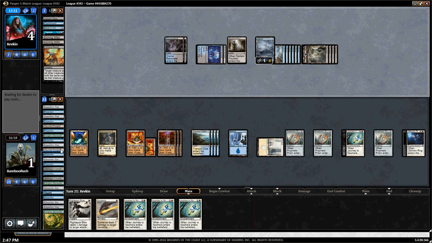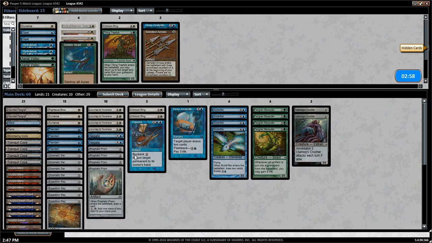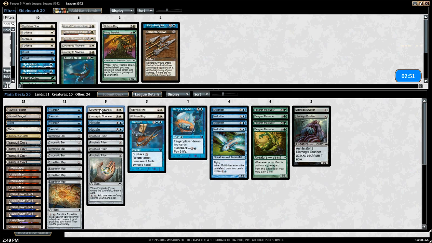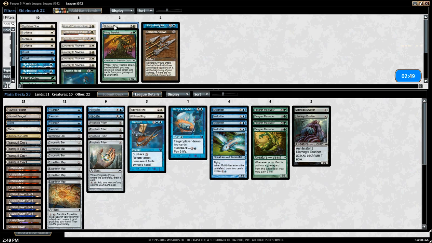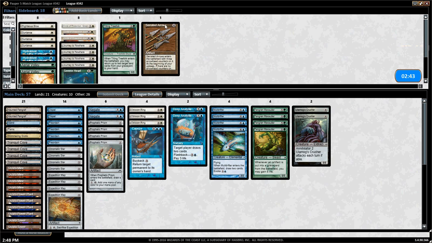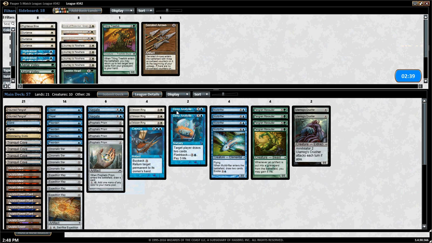Alright guys, we're going to game 2. That was a very interesting game actually. So, we want to cut a lot of this removal. As you can see, that was just dead in our hand totally. I do want to keep O-Ring. He does have Angler, so we need some answers to that. But as you can see, we want to interact with him a lot more, counter his counters, draw into more